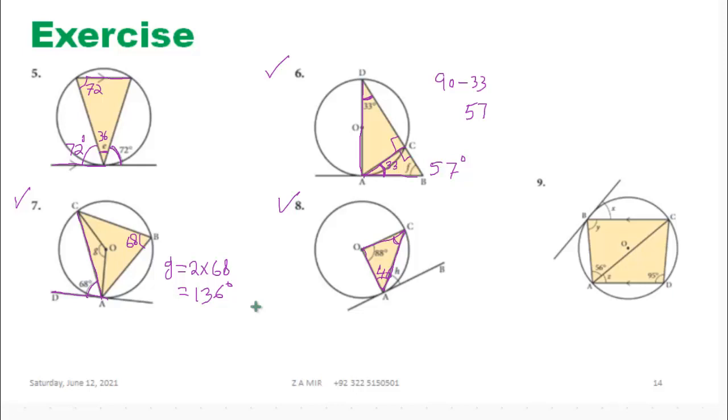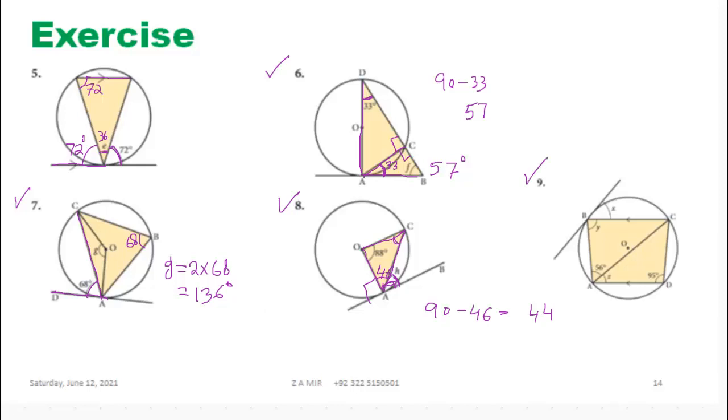So we know, by using another property of the circle, the angle between the radius and the tangent line is 90 degrees. So these are 90 degrees. If we subtract 46 from 90, we will get angle H, the angle between the chord and the tangent. So it is 44. So H is 44.